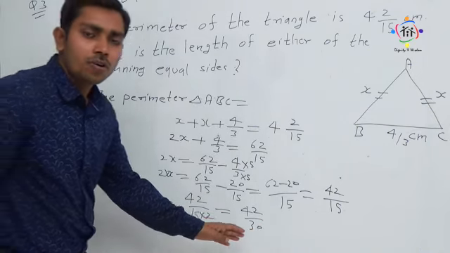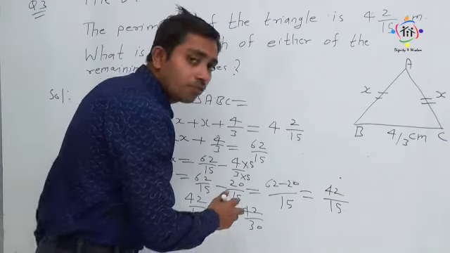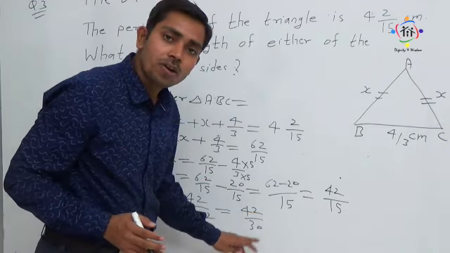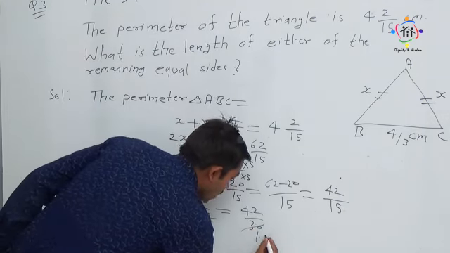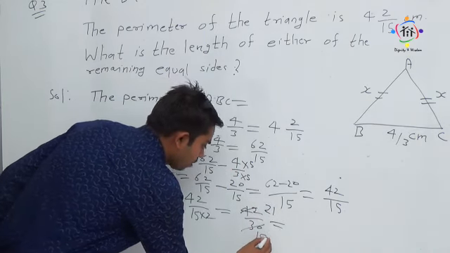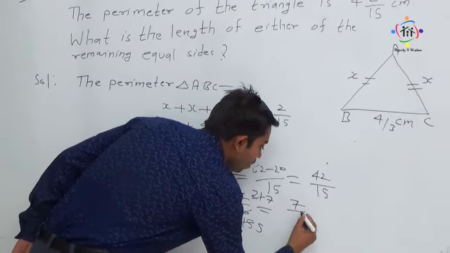Further, if you want, you can do cancellation. Here, yes, it has a common factor of 2. How did we come to know? The last number is 0 and here the last number is 2. Therefore, it has a common factor 2. We can do further cancellation. 2 15s are 30, 2 2s are 4, 2 1s are 2... 2 1s are 2, again 3 5s are 15, 3 7s are 21. So we got, my dear students, 7 by 5.